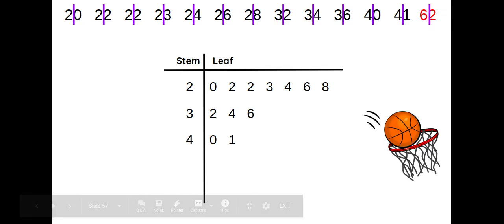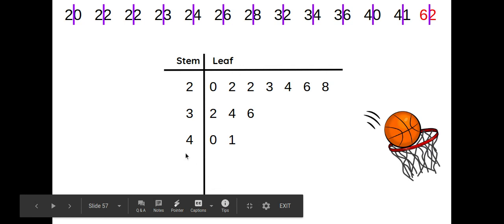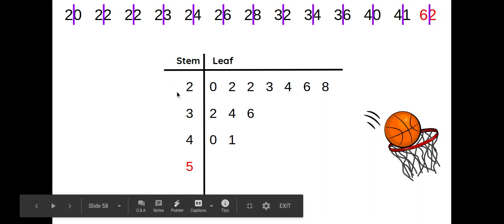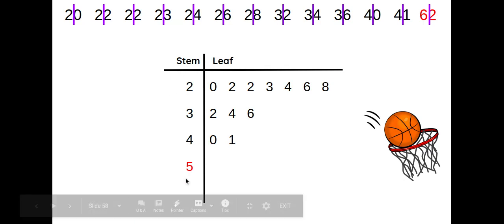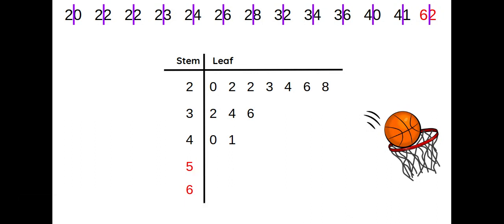So I'm going to divide the 62 into a stem and a leaf, and the only difference is instead of just writing a 6 in the stem column, I'm actually going to write a 5 first. Because the thing with the stems is you can't skip a number. You can start at any number you want, the lowest possible stem, but then once you go to the highest stem, you can't skip any numbers in between the lowest stem and the highest stem. So even though I don't have any numbers in the 50s, I'm still going to write a 5 here so that I can see when I create my stem and leaf plot, I have a big